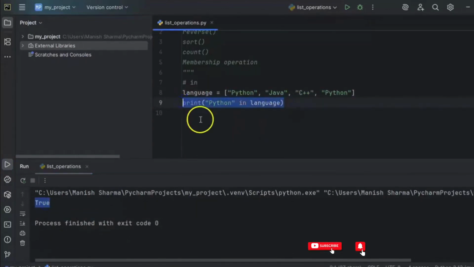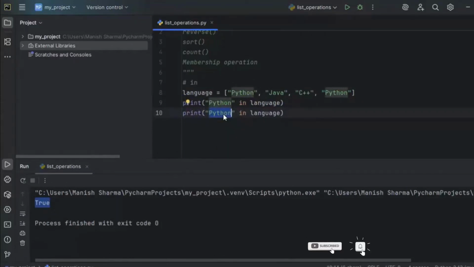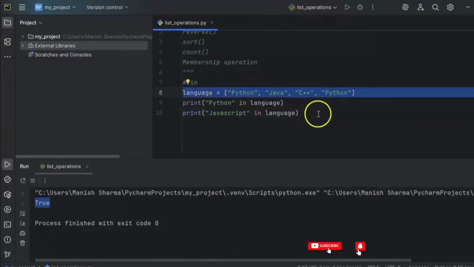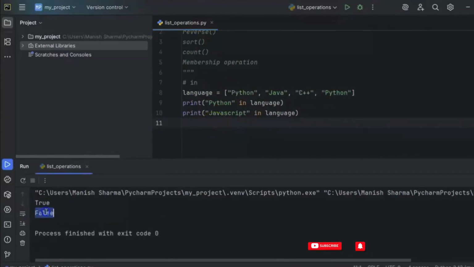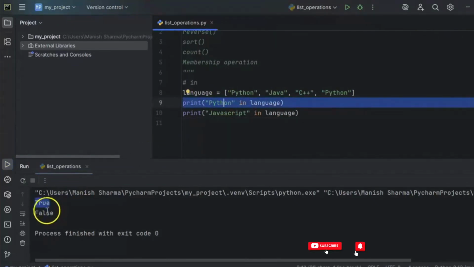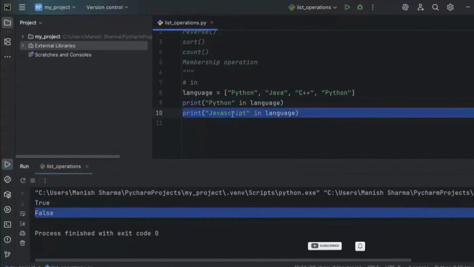Similarly, if I check, let's say, JavaScript. Is JavaScript present in the language list? No, it is not, right? So in this case, we'll get a false. Let's run this. You're getting a true for Python in language and false for JavaScript in language, right? So this way, you can check the membership of any element in the list